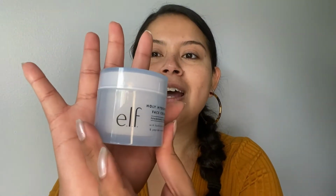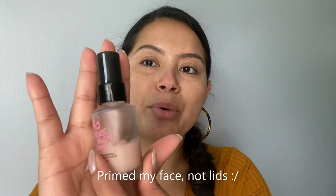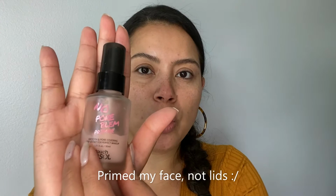So the first product that I'm going to use to moisturize my face is this e.l.f. Holy Hydration Face Cream. I am going to let this sit for a couple of minutes and then I'm gonna go ahead and apply a primer. So I went ahead and primed my lids with this Touch in Sol No Pore Blem primer, and